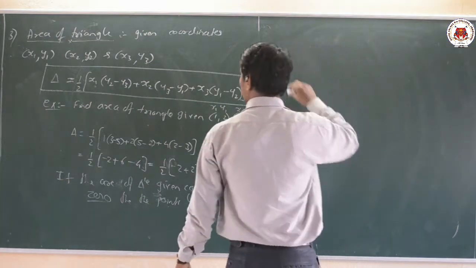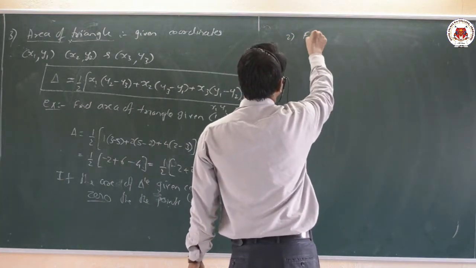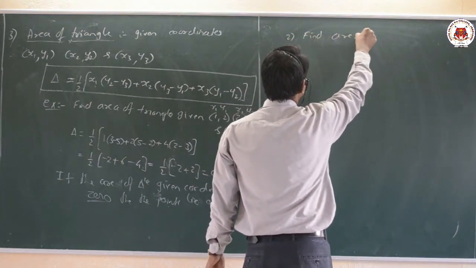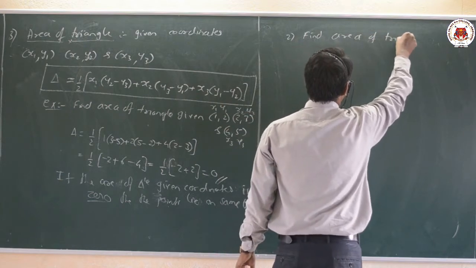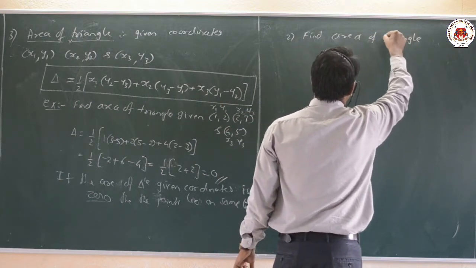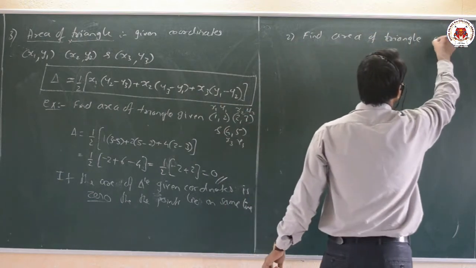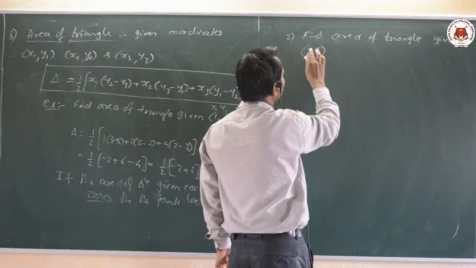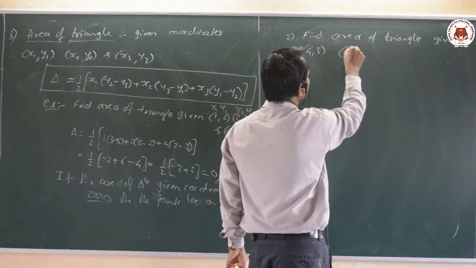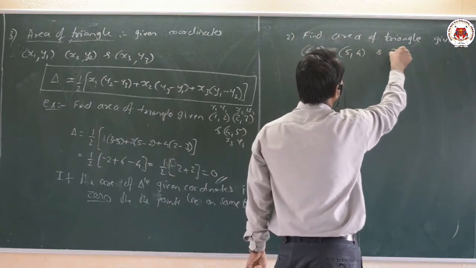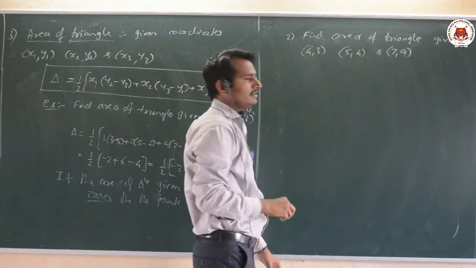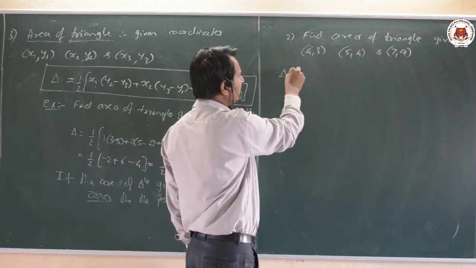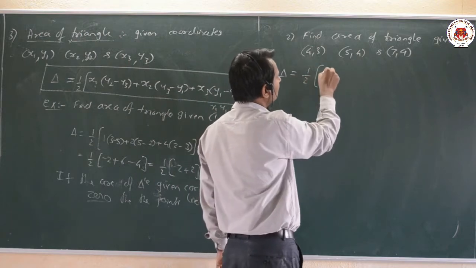Now here we can observe the second one, that is find the area of the triangle, given the coordinates. We can take (4, 3), (5, 4) and (7, 9). So the area of the triangle, delta, is given by 1 by 2 into 4 into